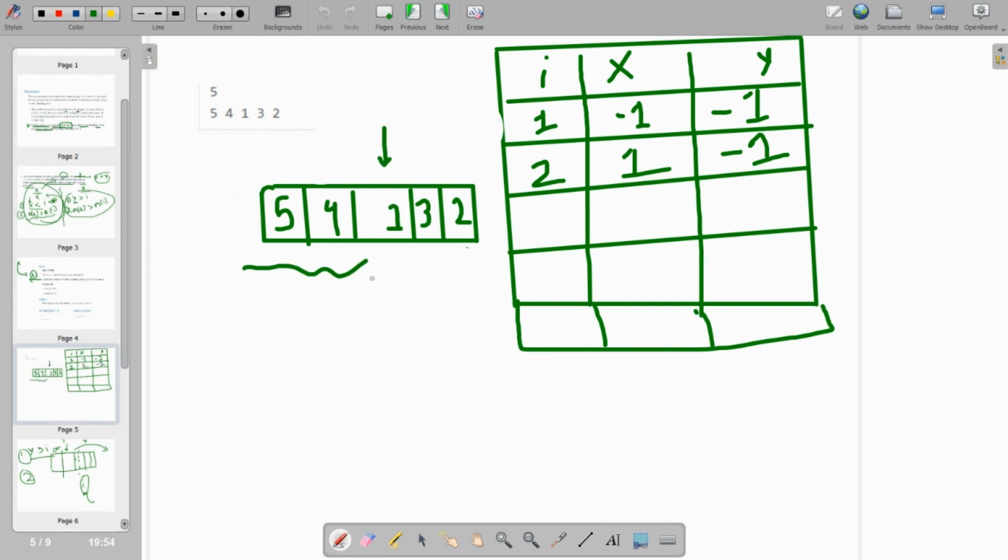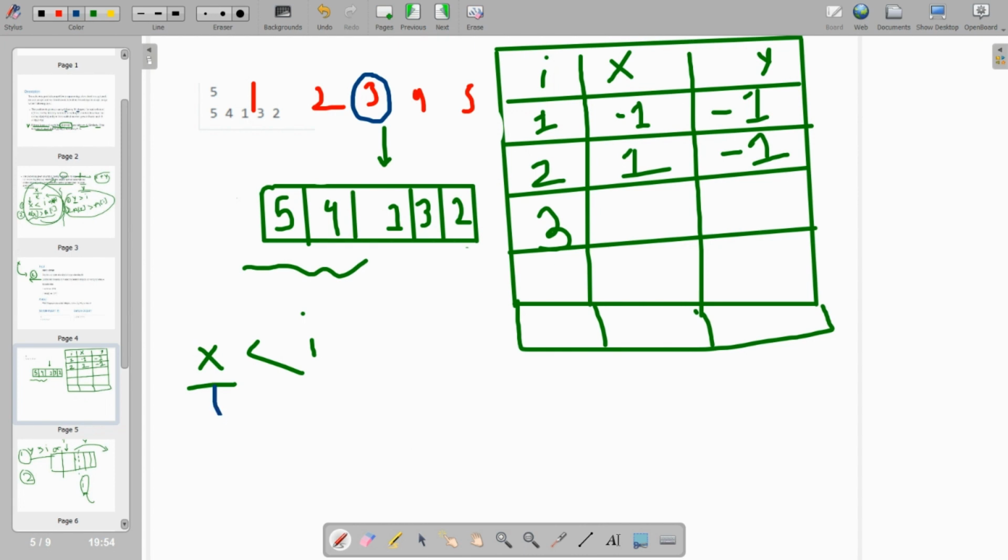Now come to the third. Our I value is 3. For x, as I said, x is the largest index that is less than I. Here I have written the indexing with a red pen. This is my current element.